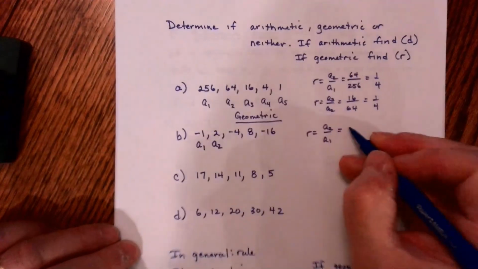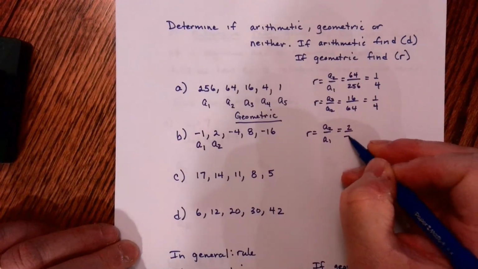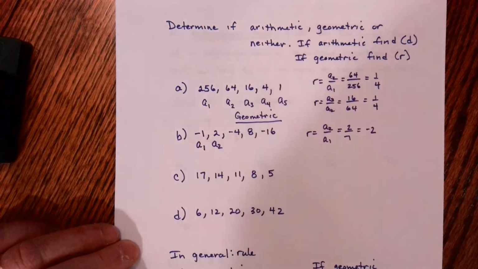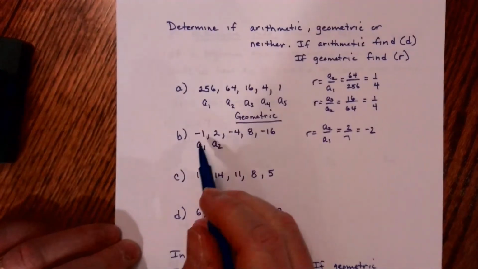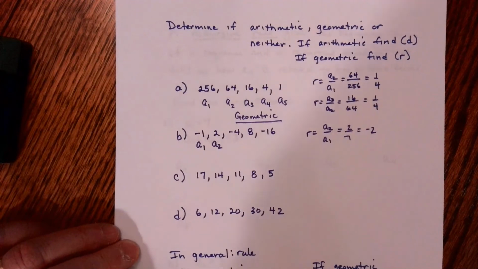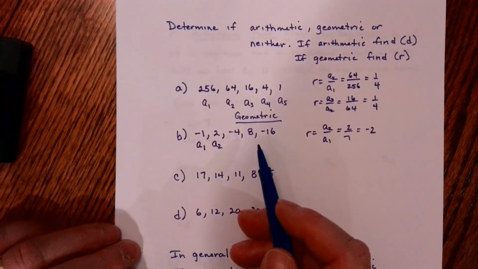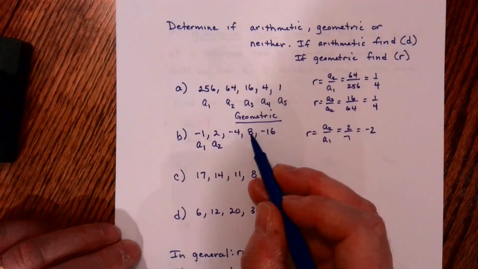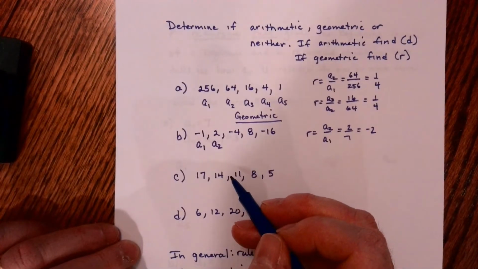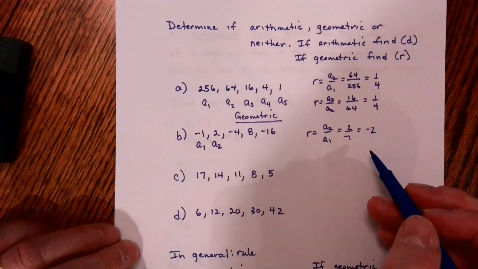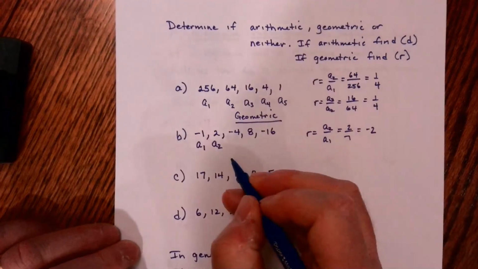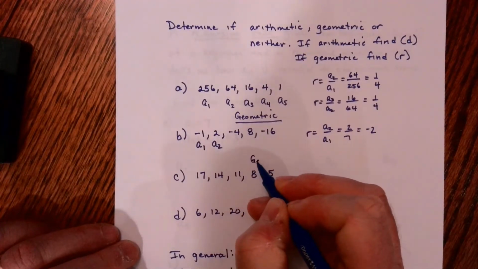But when I go ahead and formally do the calculation, I end up with a -2. Now, do I have to do every single term? No. I can take a look at ones that I have questions about. Like, for example, how about -16 divided by 8? Well, that's also going to give me -2. So this is also a geometric